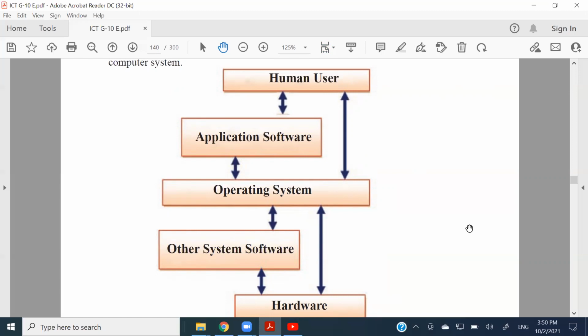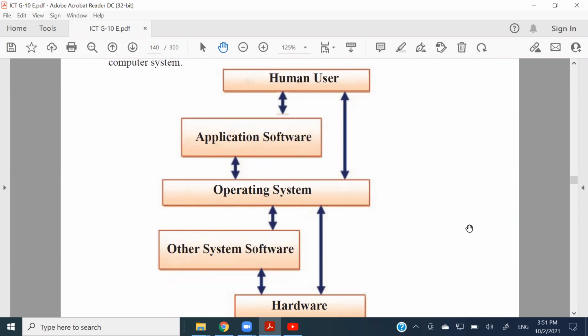If you take a mobile phone, you just unlock the mobile phone. Unlocking means you are interacting with the operating system. Then you touch the specific application that you want. So then and there, you are interacting with the application software. So as the users, we interact with those two things.